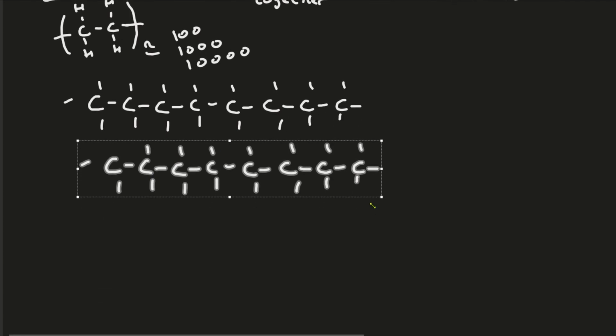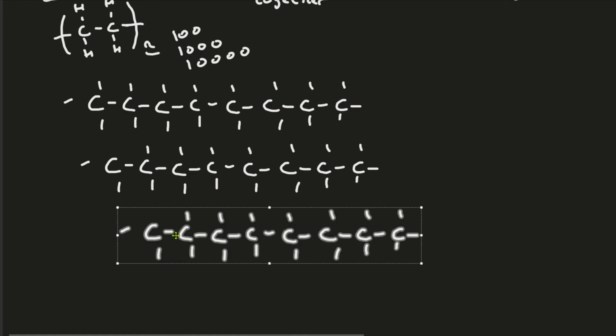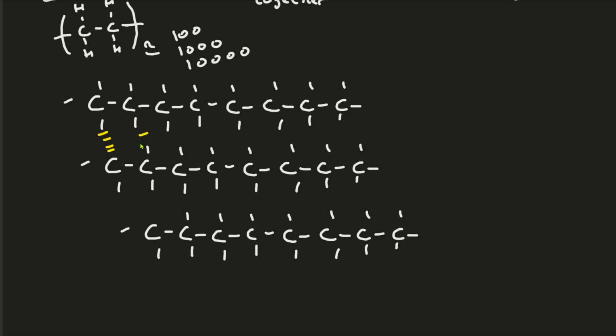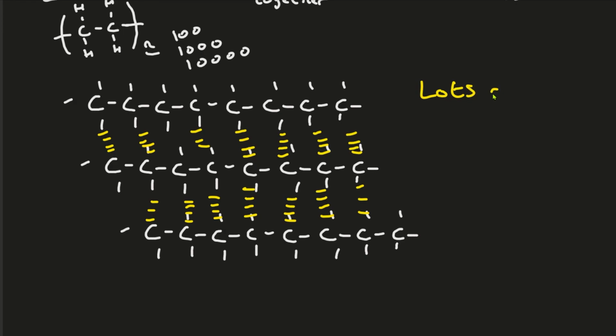And we might have another one. So these are polymer chains, and of course the polymer chains, you can see now, have lots more interactions between each other. What I'm showing here is a quick analogy of what I mean by lots of intermolecular forces. You can see that not just one, you've got loads of these intermolecular forces that hold these chains together, and that's why we say that polymers like these have lots of intermolecular forces. So therefore we can say that they have stronger